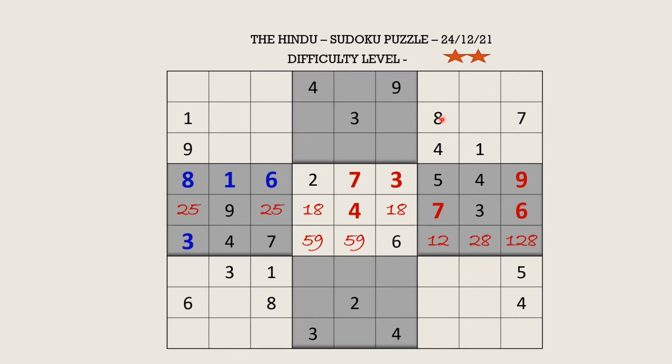Let's try to now fill this block in one go. The tip is to look for numbers which are not available in this block but available in this block. So that is only going to help us. So this 9 blocks here, this 9 blocks here, this is a 9. And we have 5 here, 5 blocks here, and this 5 blocks here. This is a 5. This 6 blocks here. So this is 6. Fine. These two numbers can take 2 and 3. So let us mark it as a pair.